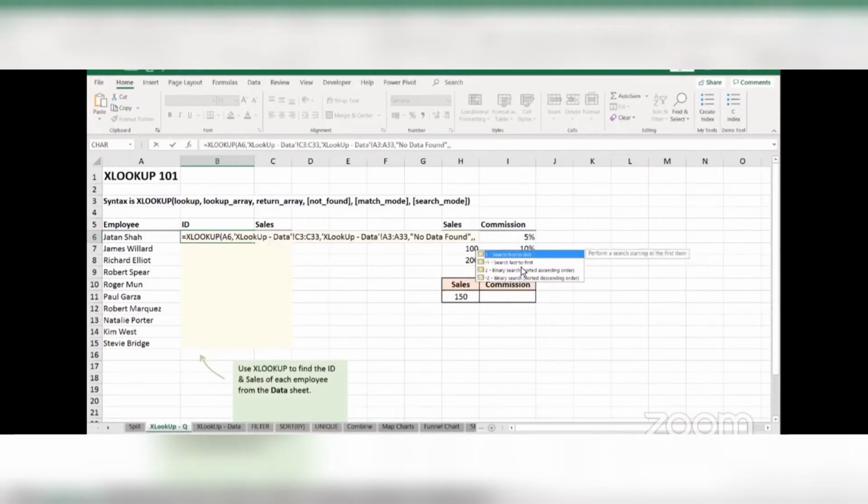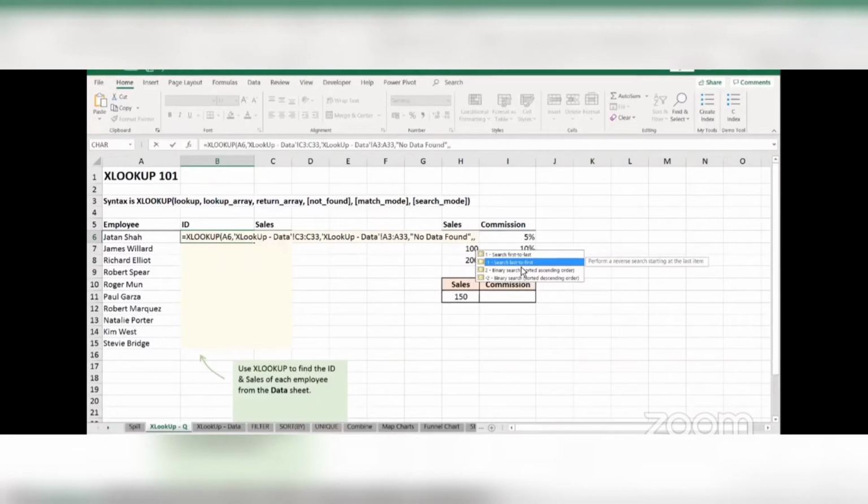If I simply select first to last, Excel will try to find Gary Miller in the lookup values from top and then start going downwards. But if I select the option of last to first, we will start searching from the bottom, and then go to the top. And this actually makes a difference when you have multiple values.